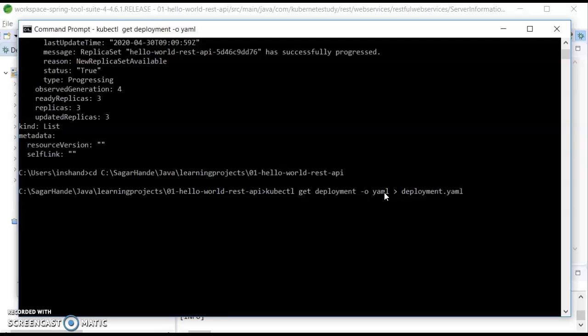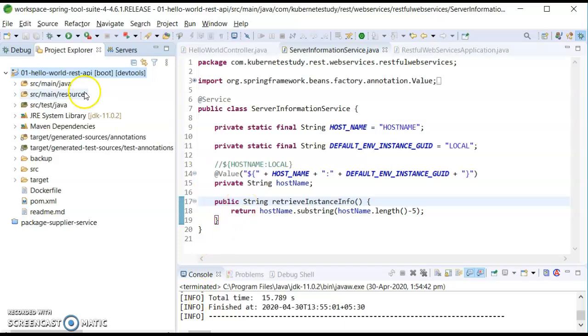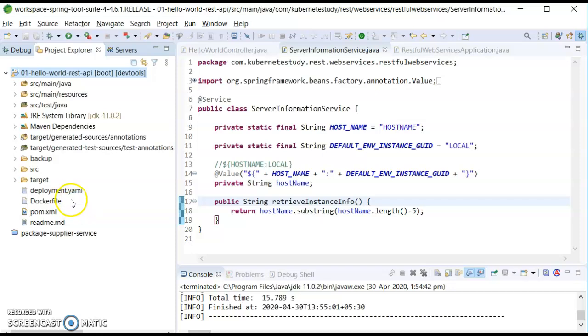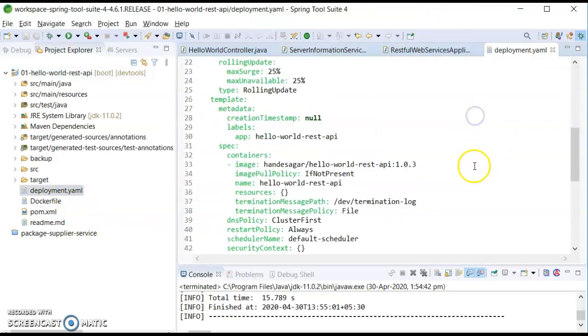Enter. And now let's see if it gets imported to our project. Just refresh this project, and now you can see deployment.yaml is imported to our project.